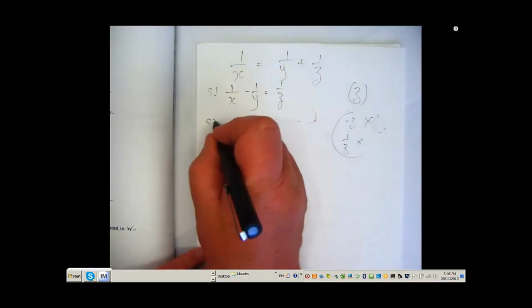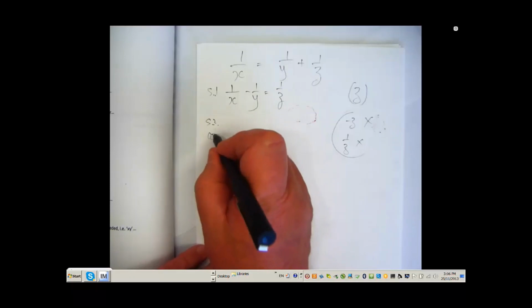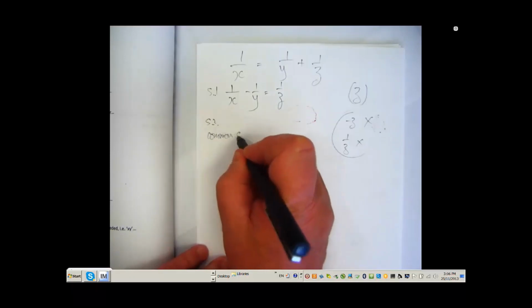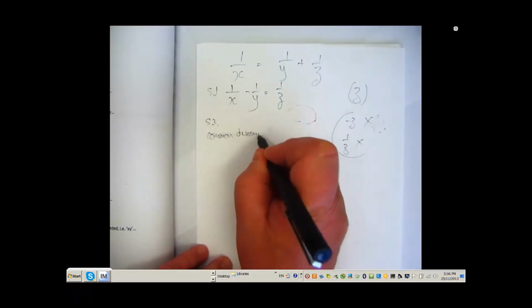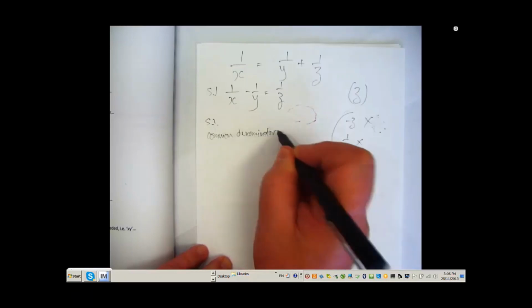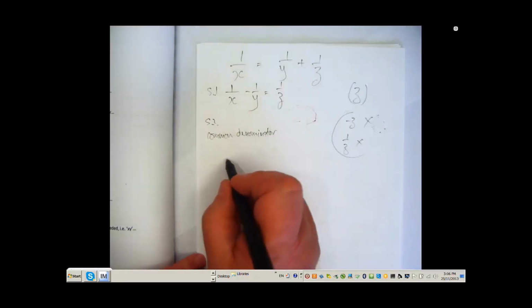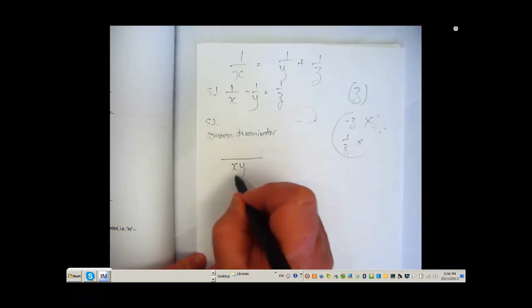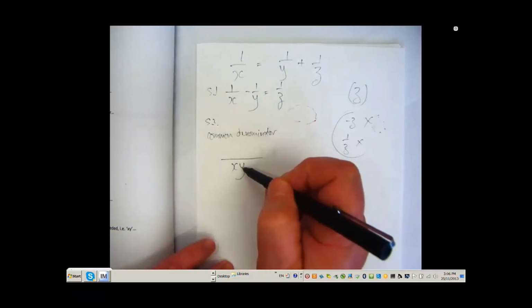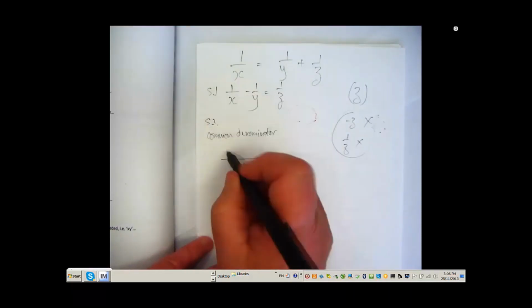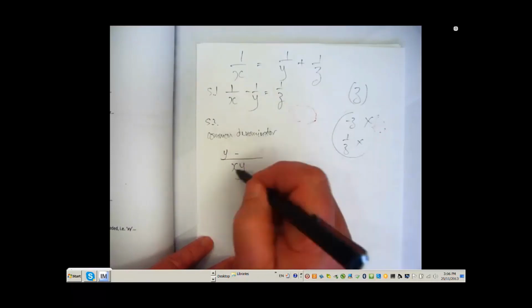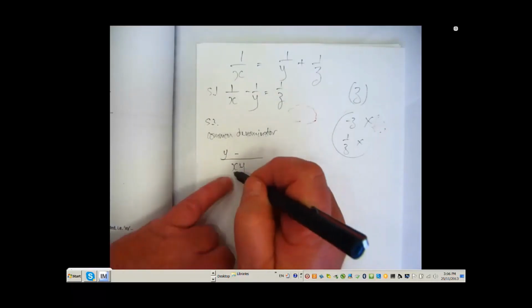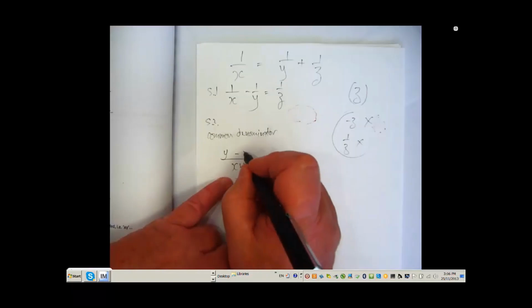Step 2, I need a common denominator. In other words, something that x and y will go into. If I don't know what they are, I just multiply them together. Now, x into xy goes y times 1 is y. Y into xy, I'm dividing it in, goes x times minus 1 is minus x